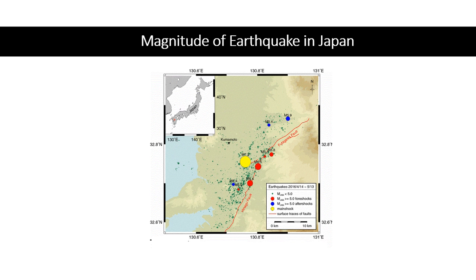Now about coordinate. Latitude and longitude coordinates, which are also known as spherical coordinates, use the measure of angle or degree from the center of the earth. Here in this map, the earthquake coordinates are between 32.6 to 32.8 degrees north and 130.6 to 130.8 degrees east. This is also called the decimal degree coordinate. GPS uses this coordinate to measure exact location.